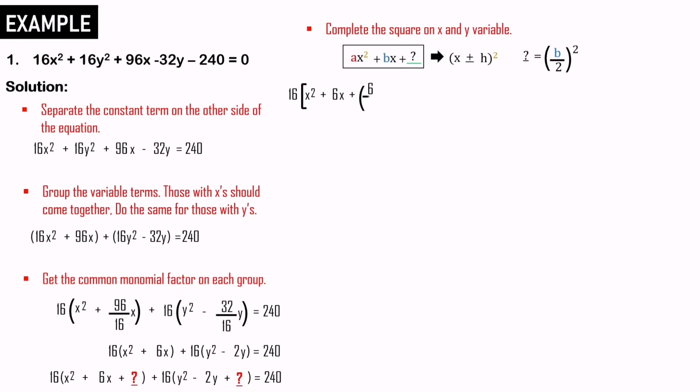So, 6 over 2 squared. I-square na to ha, ayaw kalimot. And then close bracket. Plus 16, open bracket, y squared minus 2y plus ang atong b kay negative 2 over 2 close parenthesis squared and then close bracket is equal to